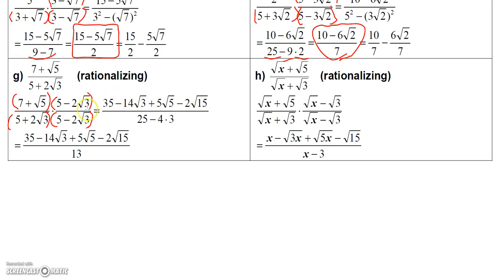Now in the denominator, I'm just going to have 5 squared minus 2 square root of 3 squared. Now I didn't show it this time, I just went ahead and did it in my head. So we know since these are conjugates, a plus b times a minus b, the result is going to be 5 squared, which is 25, minus this radical squared. So if you square the 2, you get 4. And if you square the square root of 3, you get 3. So I get 25 minus 12, which is 13. And I just bring the entire